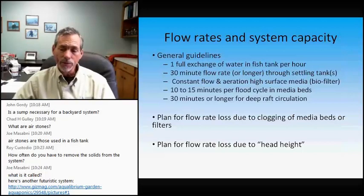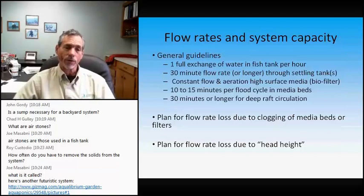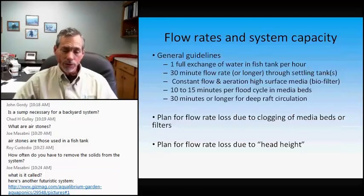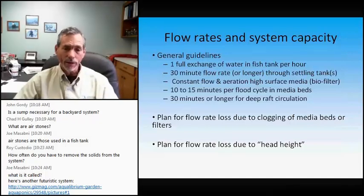The typical accepted rule of thumb by the gentleman that I consider to be the most knowledgeable in the industry, and based on aquaculture principles, is that we need a full exchange of water in the fish tank per hour. So if you've got 1,000 gallons of total tank system for your fish, you need to cycle 1,000 gallons per hour through that system. If you pushed 1,000 gallons an hour through a 2 by 5, 10-foot grow bed, you're pushing a lot more than that grow bed will